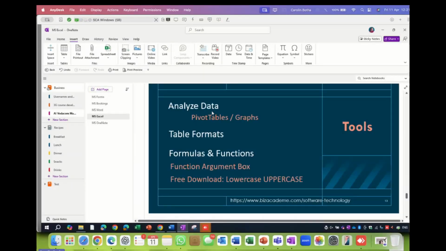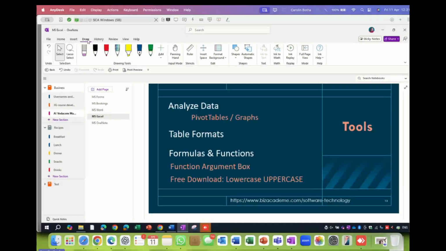That is important. So what I can do, I can go to draw. Sorry, that's the other tab. And I can grab one of these highlighters or pens or pencils, exactly the same option as in PowerPoint, exactly the same option as in Microsoft Word. So if you've worked with that before, this is exactly it.